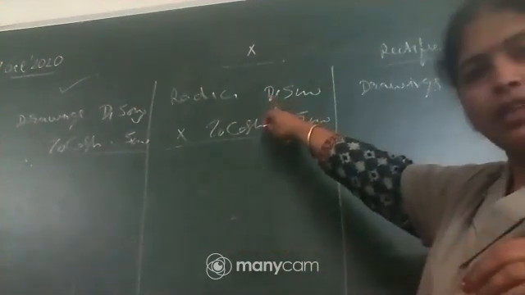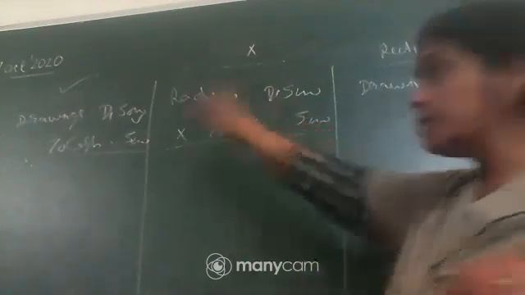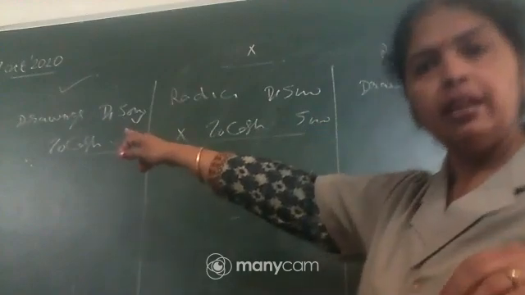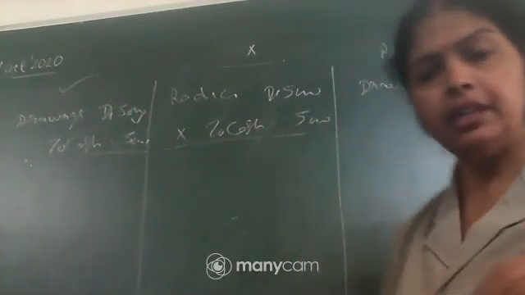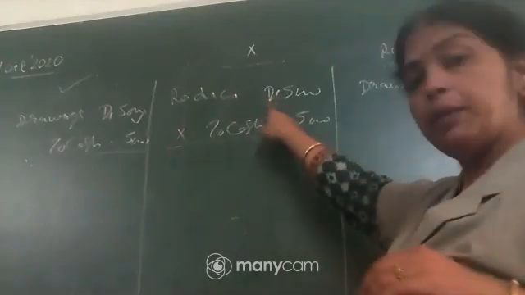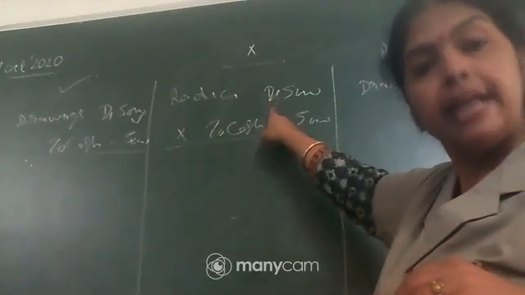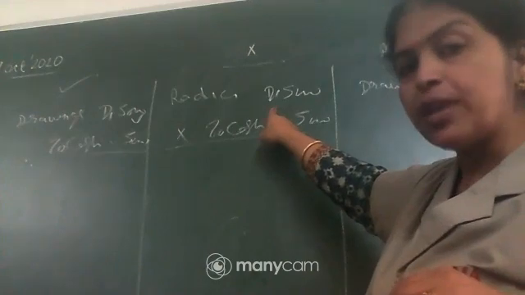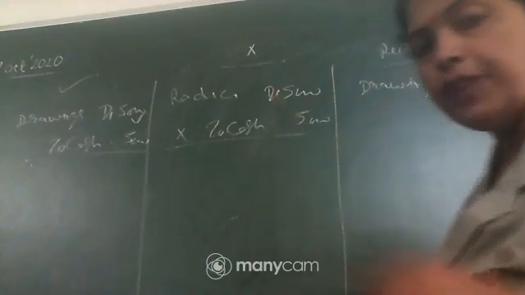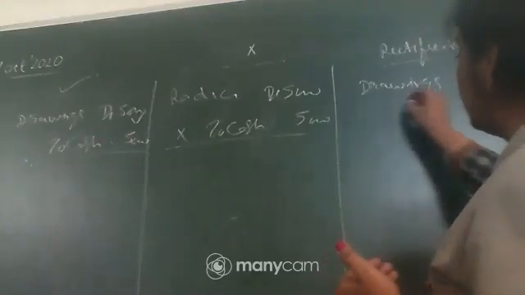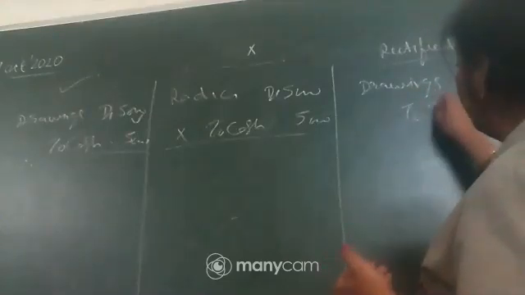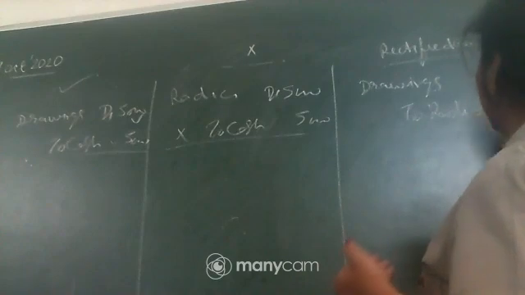Let's see this one. Radio. As per the right entry, does the radio need to be debited? No, but we debited it. We have debited it extra, unnecessarily. So we have to cancel it, finish it. How will we finish it? By transferring it to the opposite side. Here we will write 2, radio.